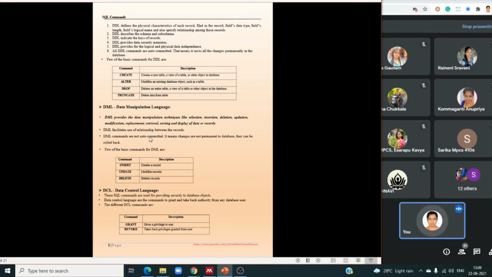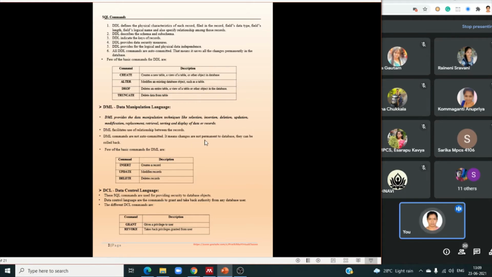These commands are not auto committed, which means we need to save changes for future purposes, but DDL commands are auto committed, meaning permanently saved in the database. DML changes are temporary: when you close SQL and switch off the computer, the commands you performed on the table are erased, because these are not auto committed commands.